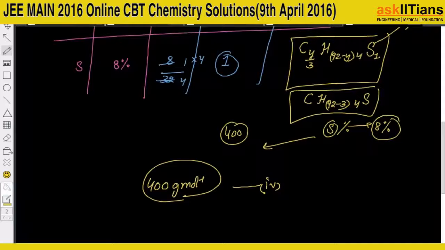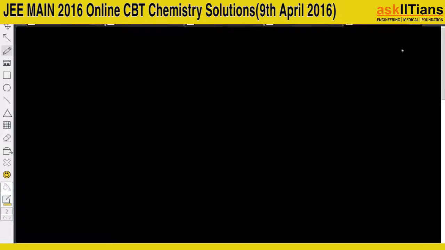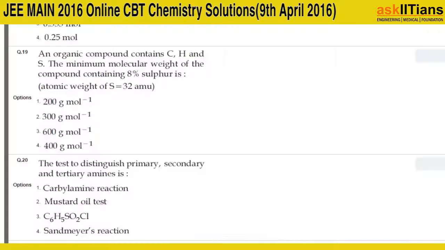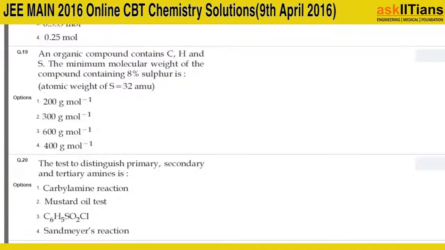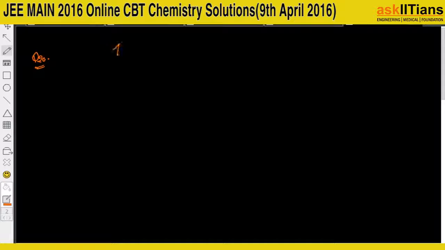Now coming to another question in the series, let us look forward to question number 20. Question number 20 says that the test to distinguish primary, secondary and tertiary amines is. So students, this is again a very easy question. We know that primary, secondary and tertiary amines can be distinguished by Hinsberg test